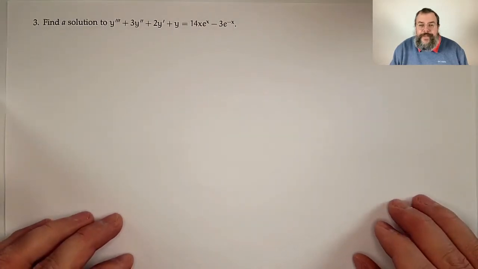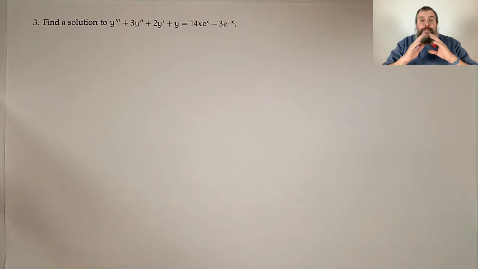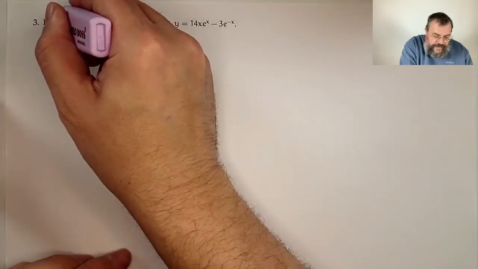All right. Now, the next one. Find a solution to y triple prime plus 3y double prime plus 2y prime plus y is equal to 14x e to the x minus 3 e to the minus x. Now, there's a really wonderful, beautiful word that when we see it in the context of this problem, we're like, oh, we love you. And they even highlighted it for us. It's this word right here,